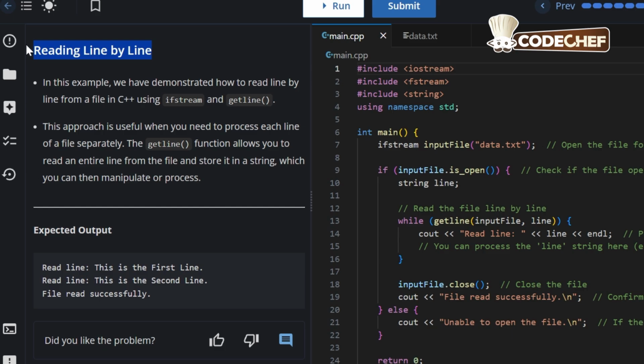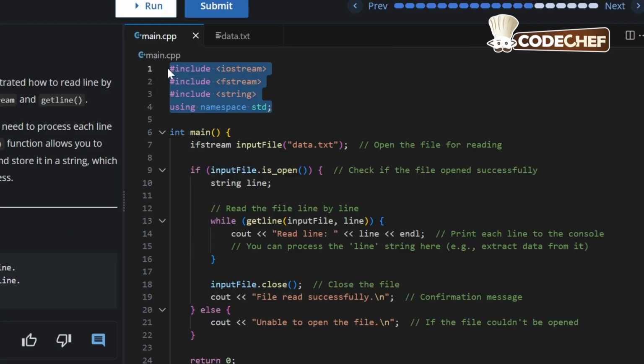Here the program objective is reading line by line and the expected output is "Read line: This is the first line", "Read line: This is the second line", "File read successfully". Coming to the code, #include iostream, #include fstream, #include string, using namespace std; int main() begins the main function. ifstream inputFile("data.txt");